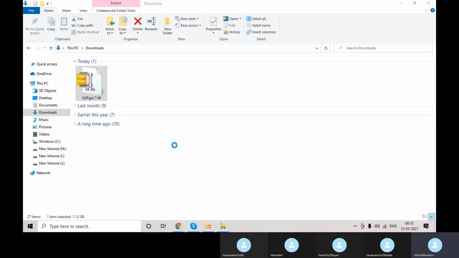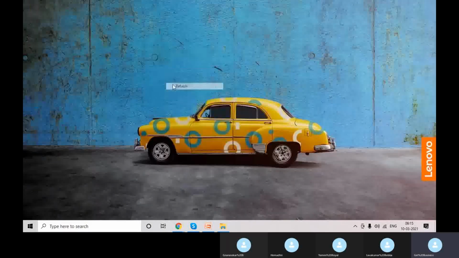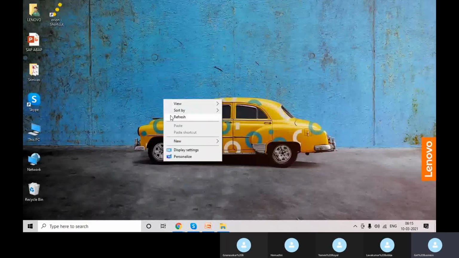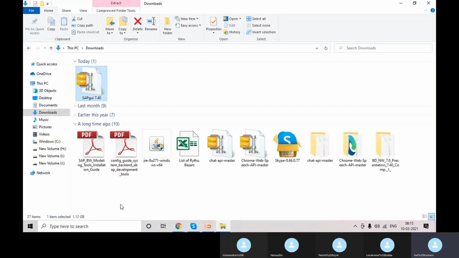It seems to be loading. Okay, so here you can see it went to this old history because I extracted it long back, so it will be showing that page only.